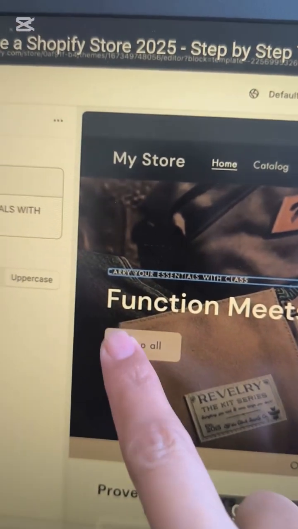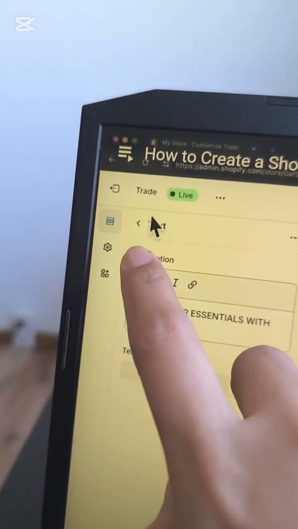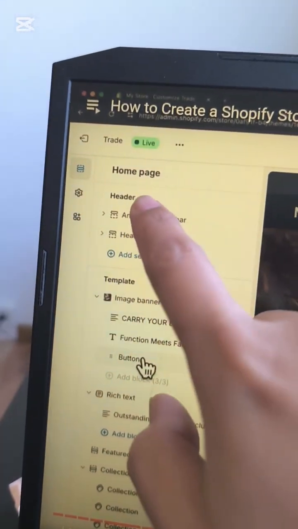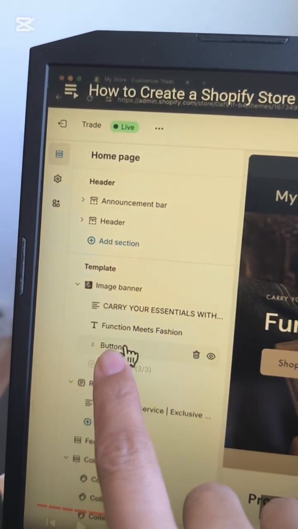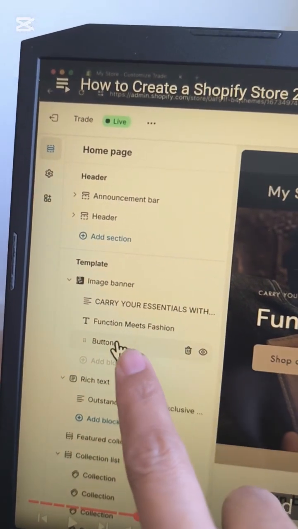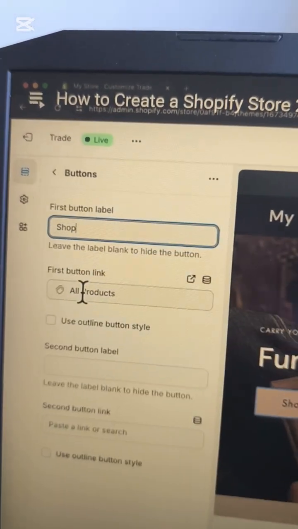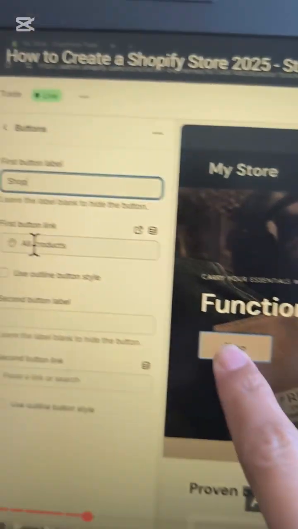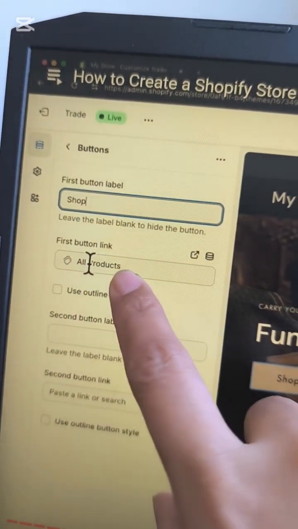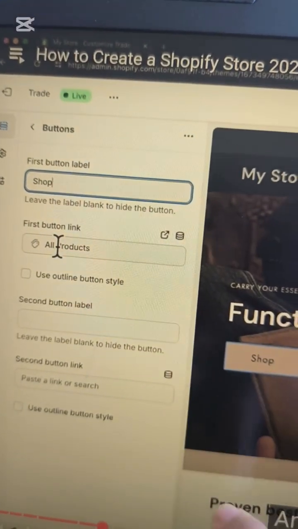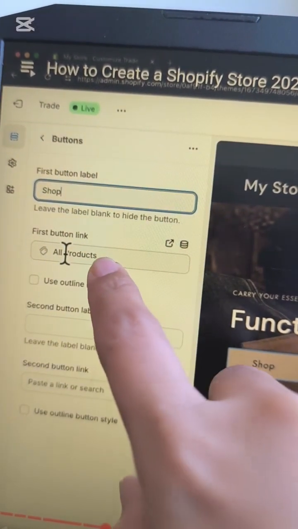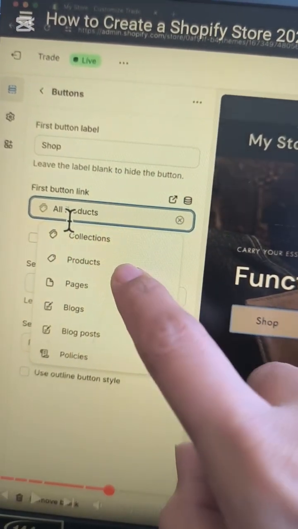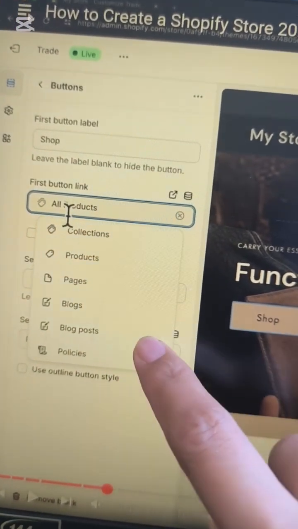Now, if you want to customize this button, just go in here on the exit button and search for the buttons from template and the buttons. So you can click it and change. You can also replace that. This one is only shop, and then when they click it, there is a link, for example, they will be redirected to your shop. For example, you add links connected to your collections, your products, your pages, your blogs, blog posts, it's up to you.